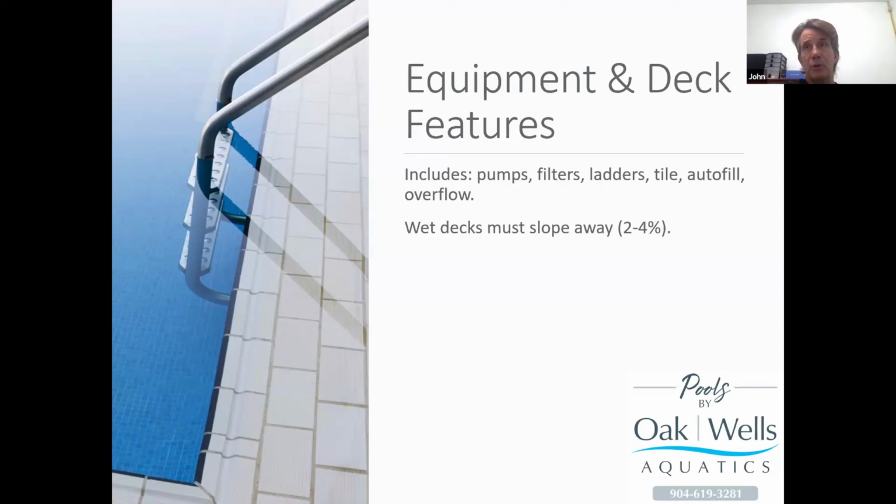This is something that the health department measures when you do deck work. It used to be somewhat debatable because of the way they measured it, but nowadays they've upgraded their staff to having what's called a smart level, and instead of having to measure the bubble and calculate the percentage, it reads out the percentage for you. So if you have a paver overlay done on your deck,